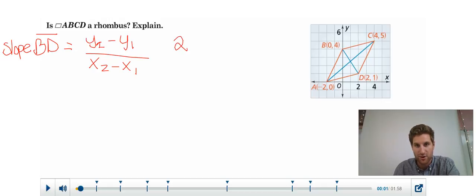I apologize, that is wrong. See, got to be careful. Again, all this is careful. Y2 is actually going to be 1